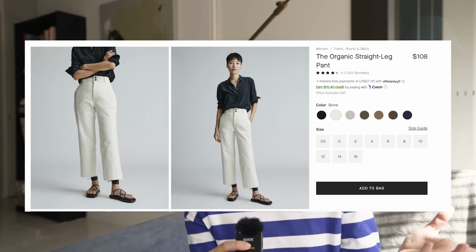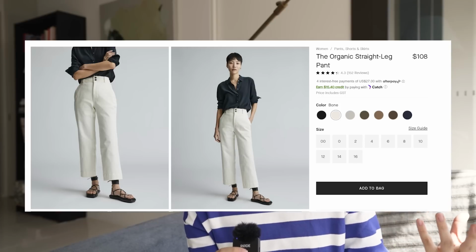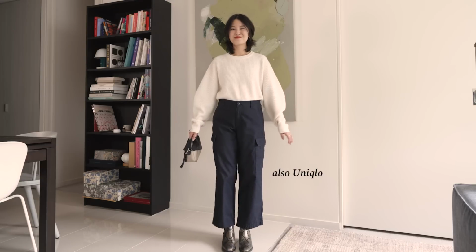They have a wider selection of color. I think that they're also just a very trustworthy brand when it comes to quality. I like their cotton material and their fits, but I would go here if I was searching for something I couldn't find at Uniqlo. And then as we get into the really expensive, for example, your A Piece Apart, this